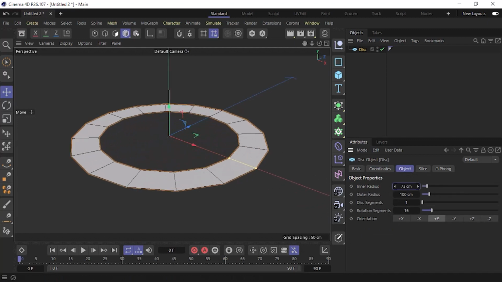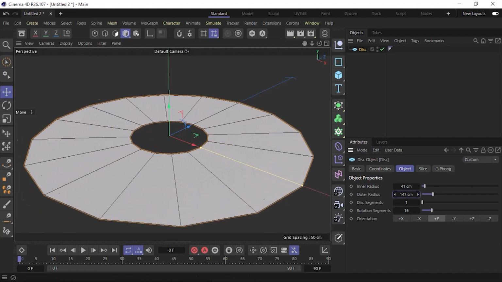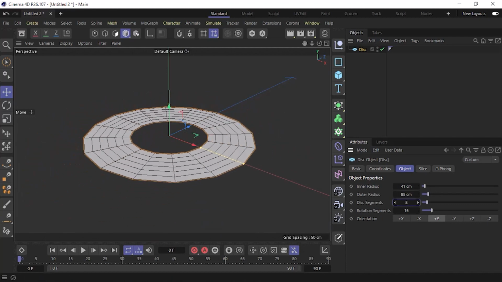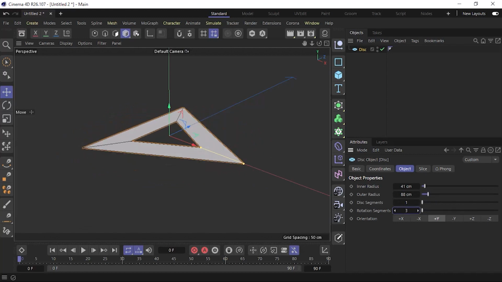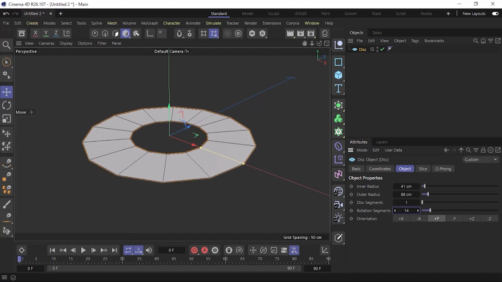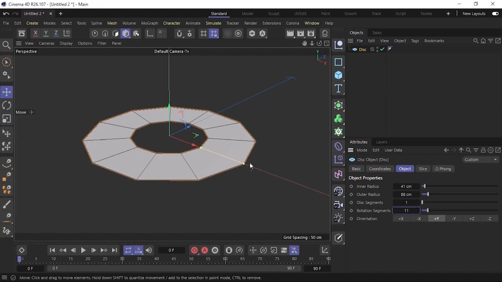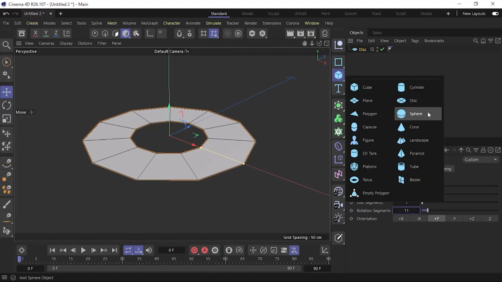The inner radius, the outer radius, and disk segments, and also rotation segments to make it much smoother, like this. You could see that I could make it just like a triangle or any other shape